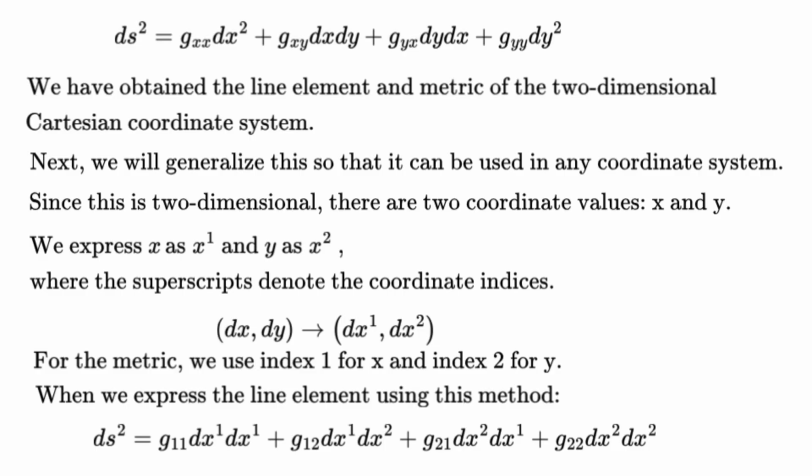Next, we will generalize this so that it can be used in any coordinate system. Since this is two-dimensional, there are two coordinate values, x and y. We express x as x superscript 1 and y as x superscript 2, where the superscripts denote the coordinate indices. For the metric, we use index 1 for x and index 2 for y. When we express the line element using this method,